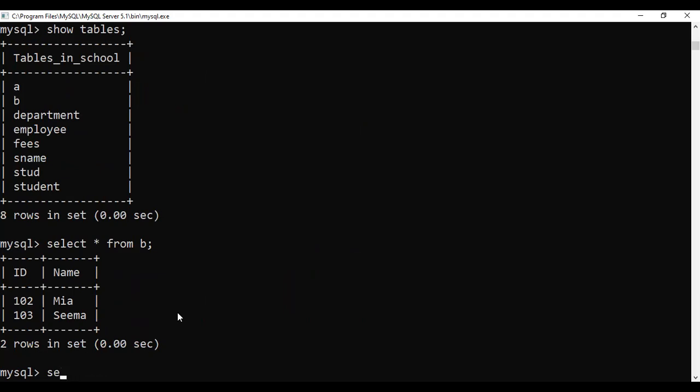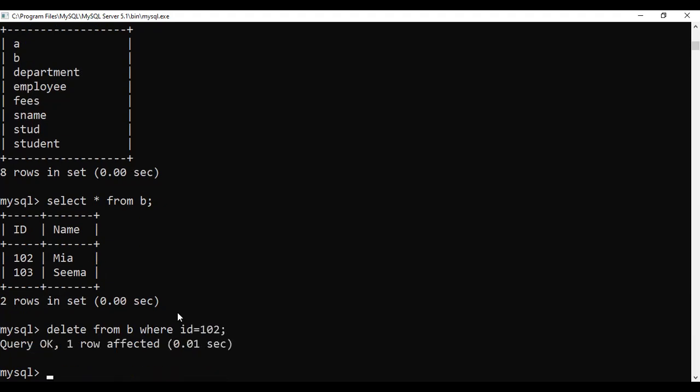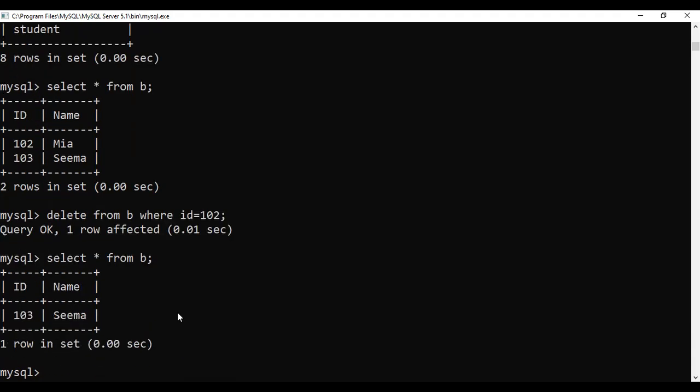I want to delete 102. So delete from B where ID is equal to 102. And if I say select star from B, only 103 is available, isn't it?